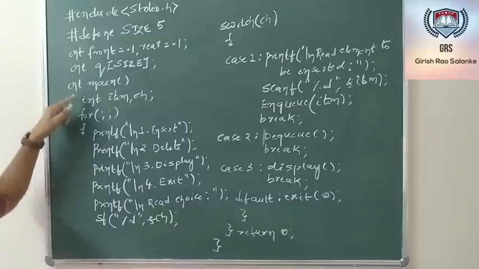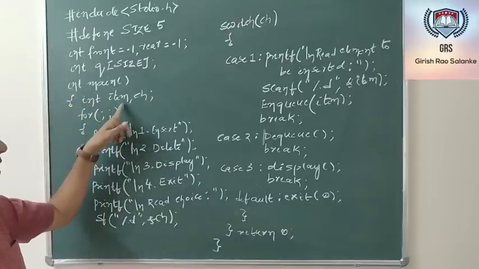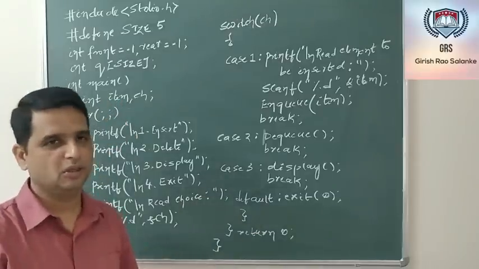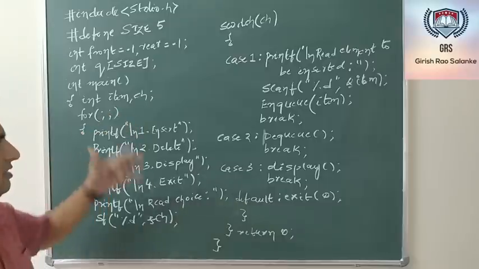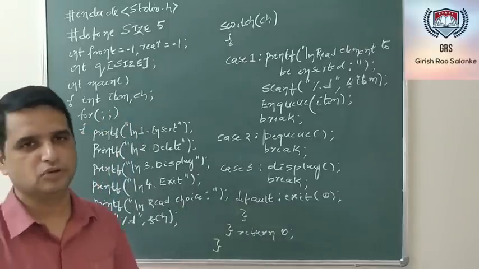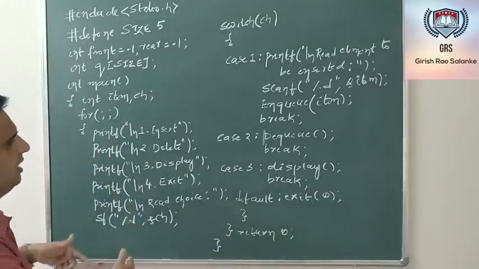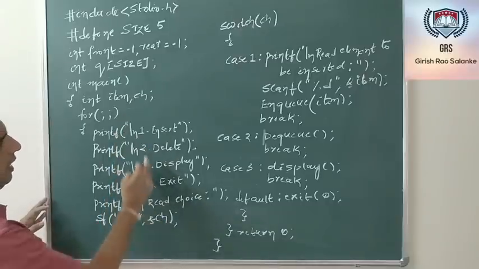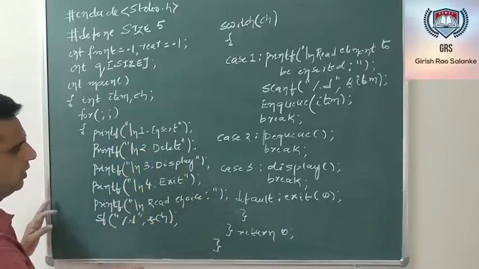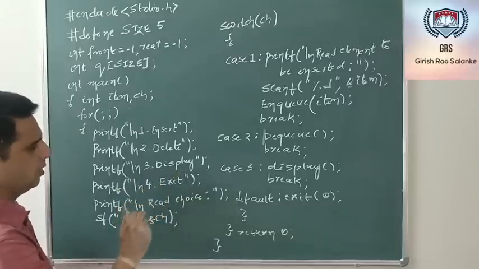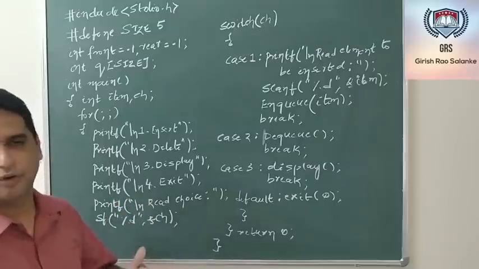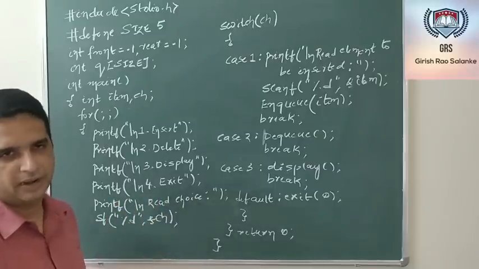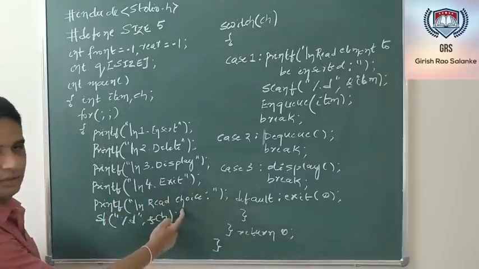So in the main function, I have declared two variables. One variable by name item, that is the element to be inserted onto the queue, and one more variable ch for taking the decision. As this is a menu-driven program, what we are supposed to do? As it's clear here, whenever I type 1, I am supposed to perform the insertion operation. If I type 2, I am supposed to perform the deletion operation. If I type 3, I am supposed to perform the display. And if I type apart from 1, 2 and 3, okay, anything like 4, 5 and so on, the program should terminate. So initially I am reading the choice, what I need to do.